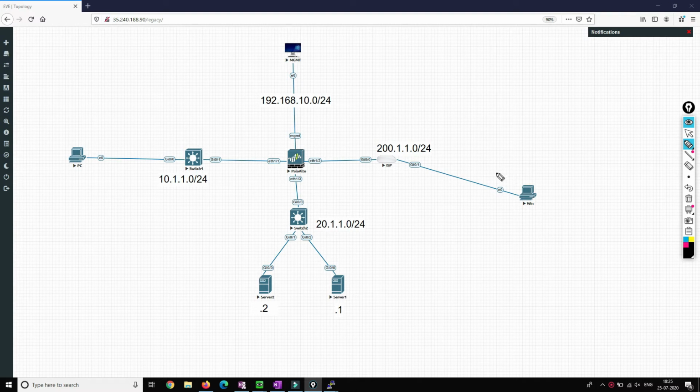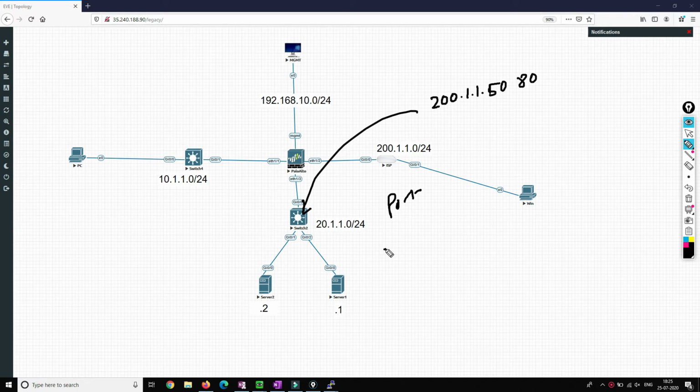So guys, right now the scenario will be the user will be accessing 200.1.1.50 on port number 80, and this will get redirected to another port number, that is called port forwarding, that I'm going to configure now.